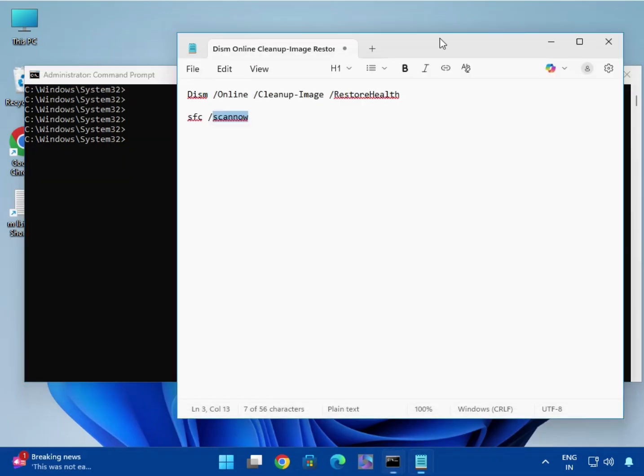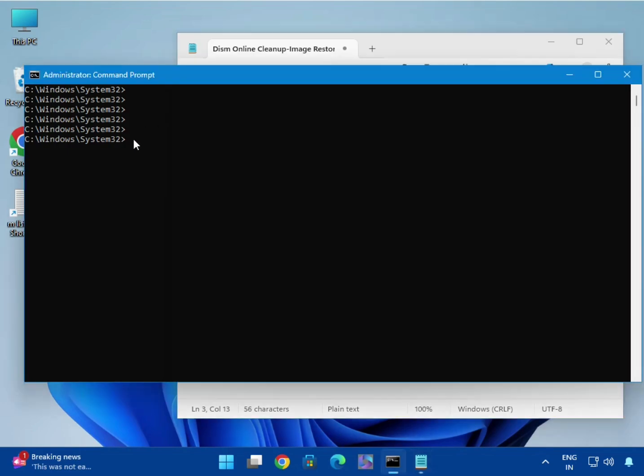Then when this one is completed, then use this SFC scan. Type